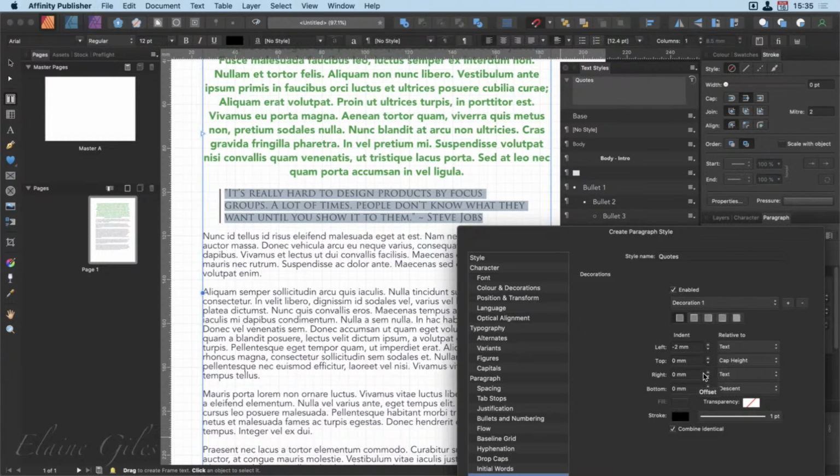Nothing to stop you putting another one on the right. So we could move that in, push it in so it's on the right. And again, do a minus to move it away from the text. And you can carry on doing that by putting one on the top and one on the bottom as well if you want, like these. And then that moves it down into the text, so you need to move it the other way to pull it apart, and the same thing at the bottom. So now you've got an entire square around it, but the beauty of it is